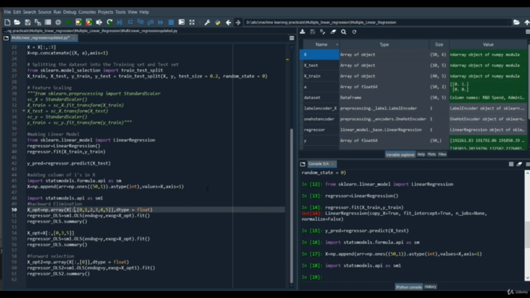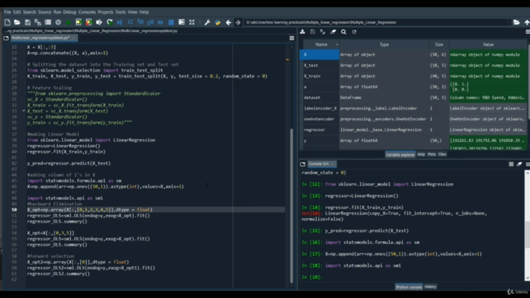We keep doing this, removing one column at a time from X, until we get an independent variable array X containing only those variables which have a quite strong relation with our dependent variable y.